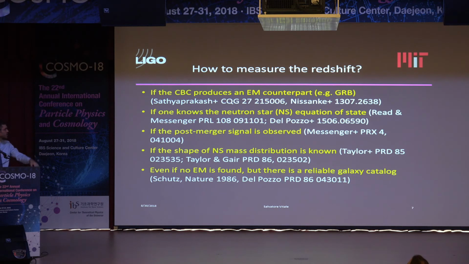You can convert redshift to Hubble constant. I have a plot which I can show later, maybe. And of course, it will be horrible the first time because you have gazillions of galaxies and all of them but one are wrong. But if you do this over and over, as you get more and more events, the true host will always contribute to the same bin in the H0 posterior, while everything else will act as noise. So eventually, you should still win. It just will take a while. All right, and today, for reason of time, I will not cover at all these methods in the middle.